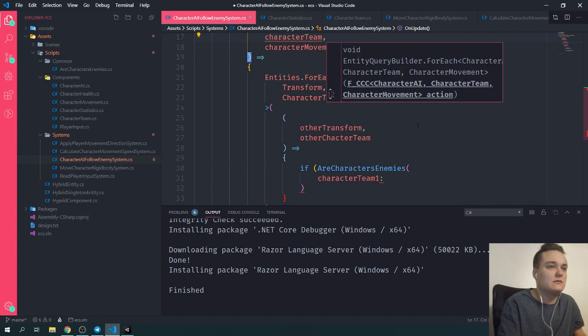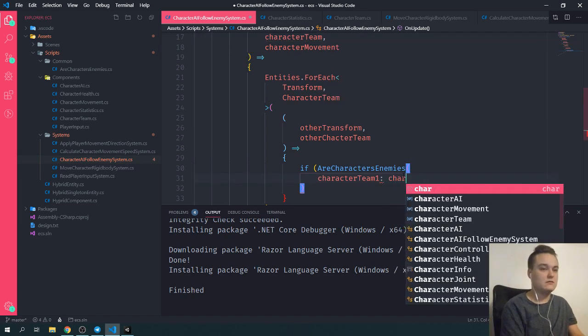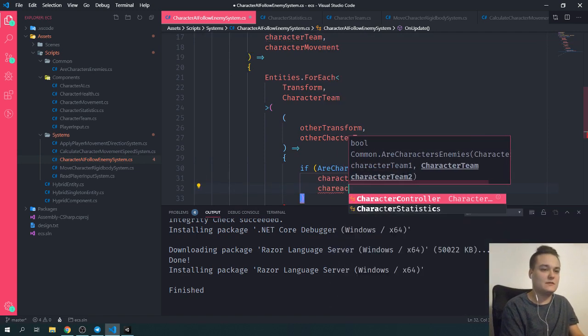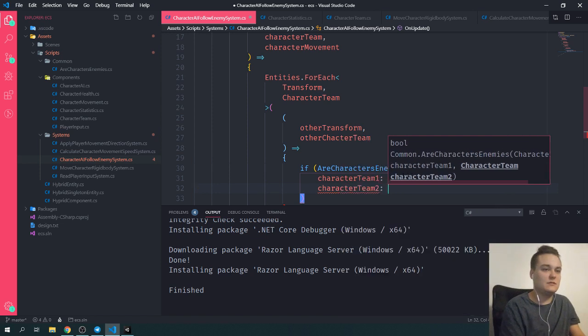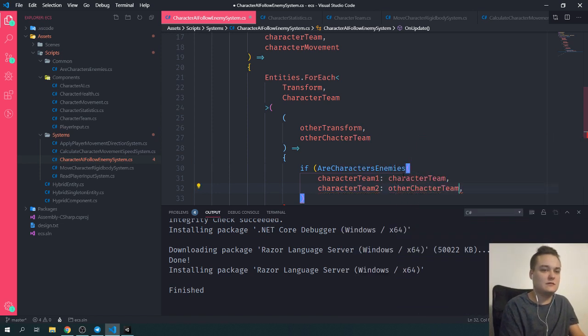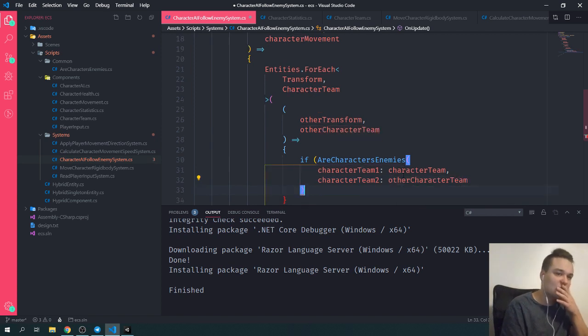Alright. CharacterTeam 2 will be the other character's team, and if they are enemies,